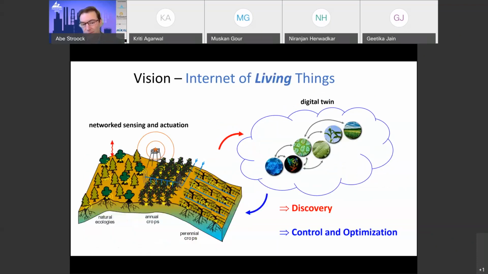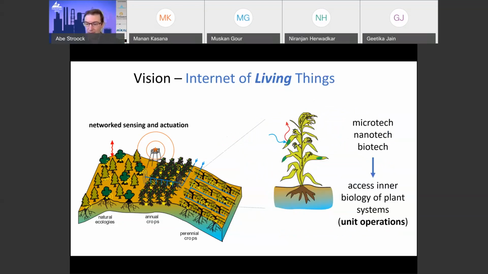Here, a vision that I'm part of pursuing at Cornell, we're calling an internet of living things, where we'd like to engage plant life, plant systems, the plant organism, and the associated organisms like the microorganisms in the soil, and engage them in this same sort of closed loop of data from individuals, from inside individuals, into multi-scale biological understanding, so that we can control plant systems principally in agriculture, but also in natural contexts, in sophisticated ways that are informed by the biology, from the genetics through the physiology through to the population scale of the landscape and the ecosystem.